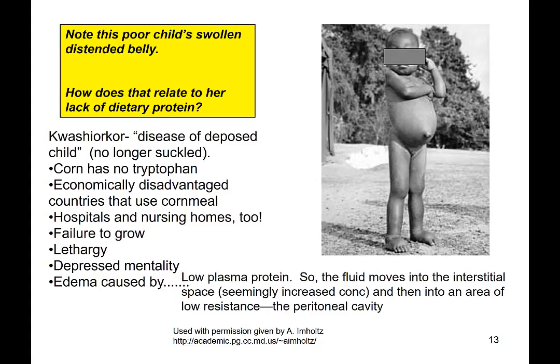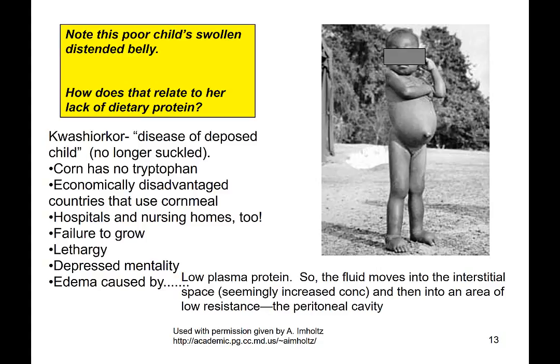There is a cavity in the peritoneal region called the peritoneal cavity. It is filled with peritoneal fluid. This peritoneal fluid in the peritoneal cavity is surrounded by epithelial tissue. That means it's a transcellular cavity or transcellular body fluid compartment. So her plasma fluid will shift, the water will shift from plasma into the peritoneal cavity. And that's why you're seeing her stomach so distended. That's edema. Specifically, when we find this edema in the peritoneal cavity, it's called ascites.